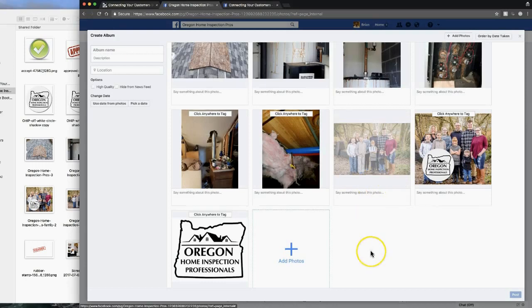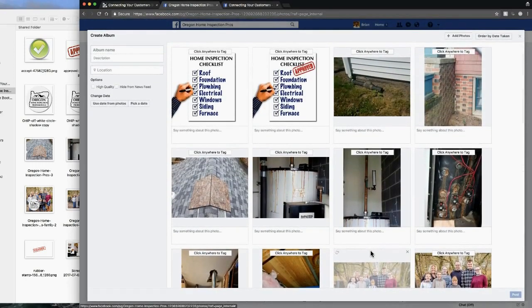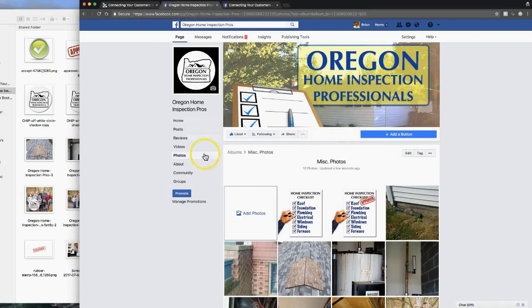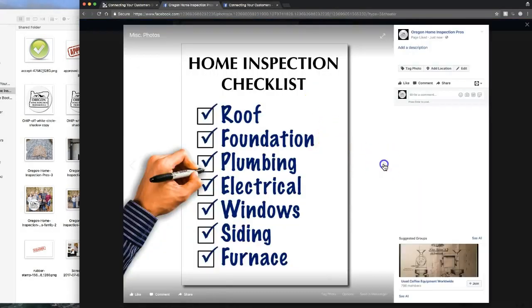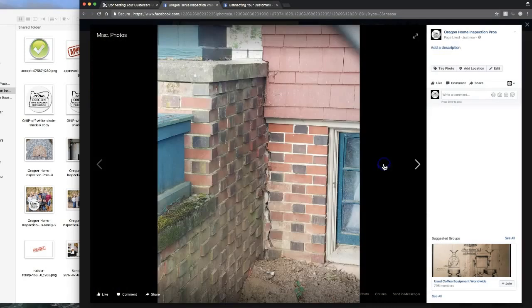And we just have to wait for that to finish, and it looks like everything is all set. I'm just going to name the album for right now Miscellaneous Photos, and just leave it at that. And I'm going to hit post down here, and all these photos are going to post to my page. So there they are. Once you click one, it will allow you to scroll through and see the different photos,